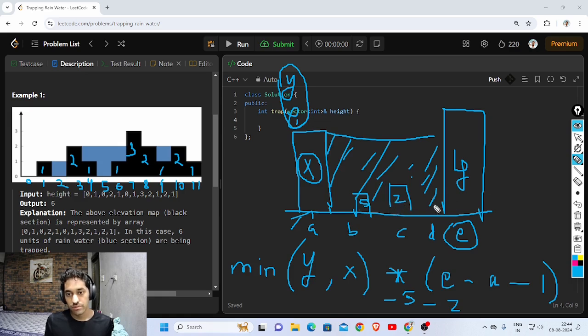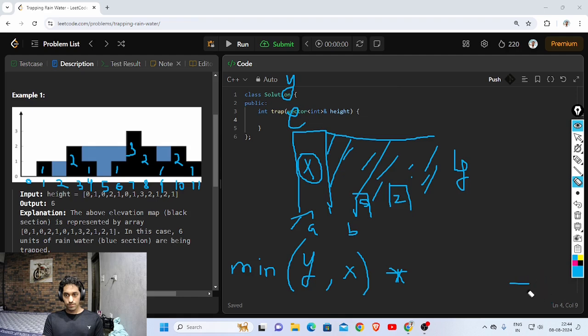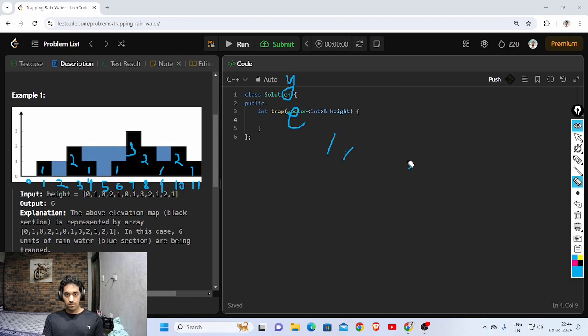For Z also there will be the information for the next building. For Y also there will be the information for the next building, and so on and so forth. So that can be easily implemented using a monotonic stack. So if I clear this up, all right. So if I find this required information for each building, then I will iterate from